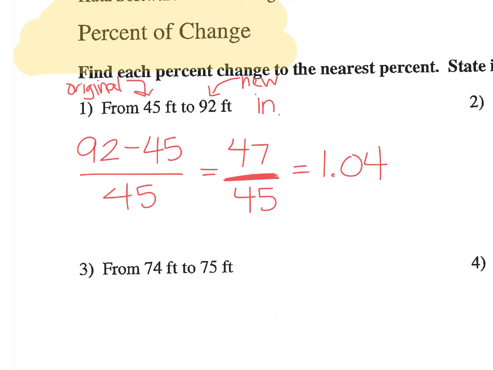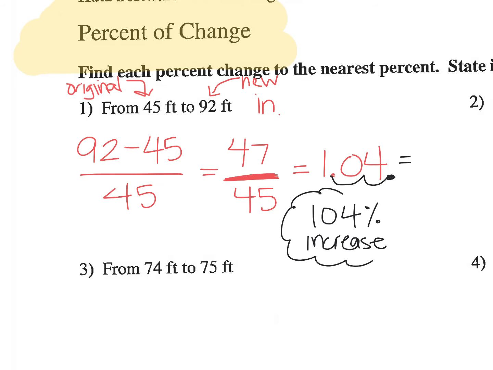Then my next step says to change it to a percent. So even though it's 1.04, I still need to change it to a percent. So I move my decimal 2 to the right. Remember, that's how I make a percent. And I get 104%. And then I need to include if it's an increase or decrease, which we already figured out is an increase. So this is going to be a 104% increase, which makes sense